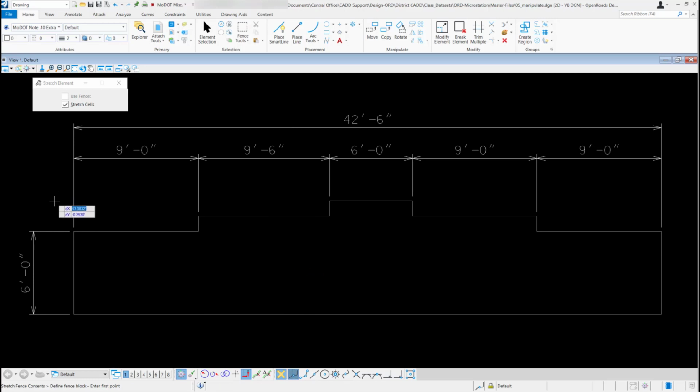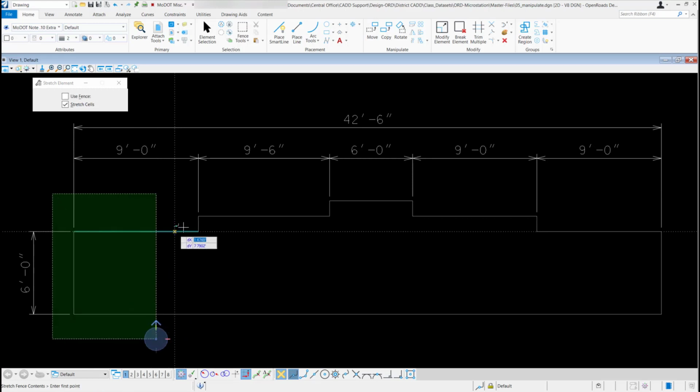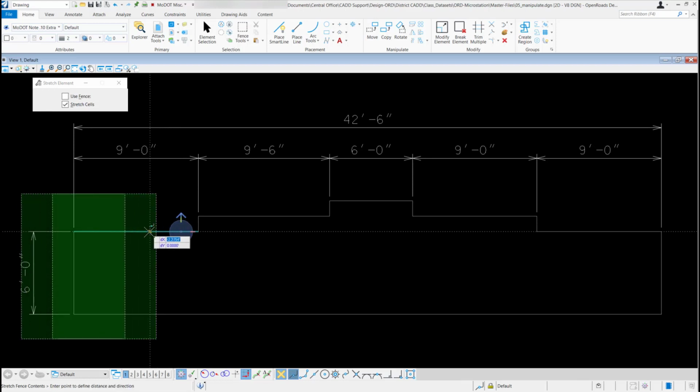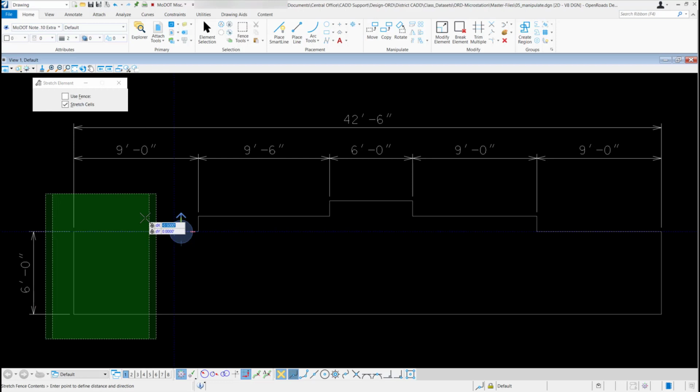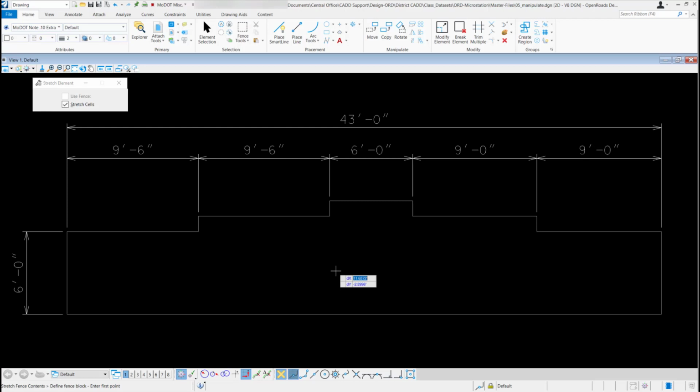I could do it on this first step now if I wanted. I'm going to go out and define my fence. I'm going to go out here, left click somewhere, drag it out to the left, enter 0.5 in my DX, hit enter to lock it in, 0 in my DY, enter to lock that in, left click to accept it, right click to reset it, and it stretched both of those bent steps 6 inches. And that's how the stretch tool works.